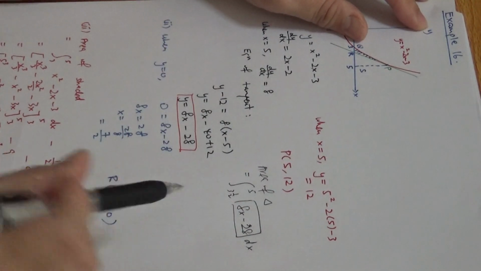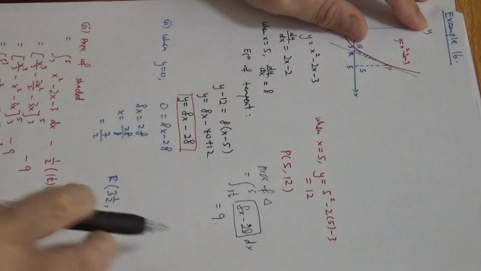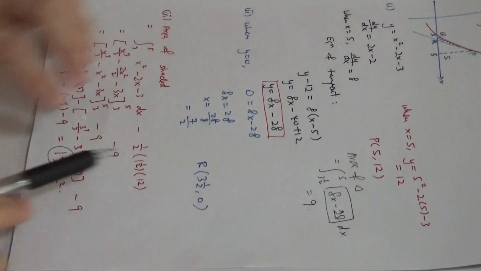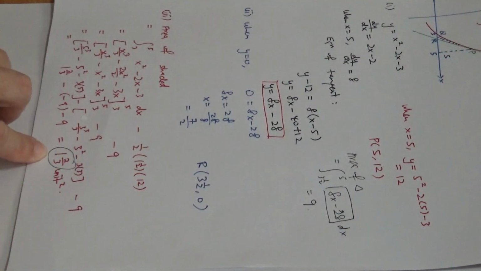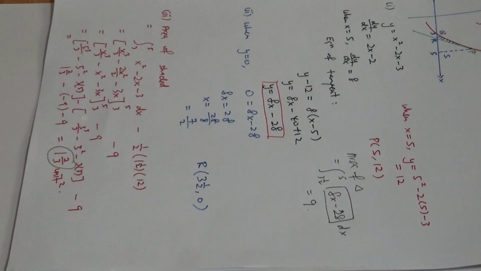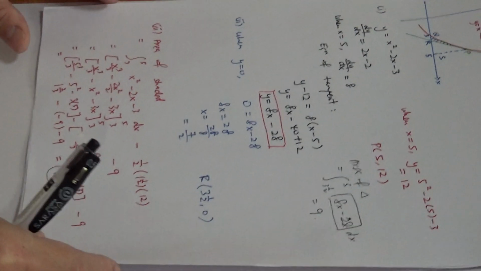So this one, you will also get a 9. Therefore, it will coincide with this and you will get the same answer. So it's up to you to find the area, whether you want to use the curve minus the triangle or the curve minus area under the line, because the triangle and the area under the line will be the same value. Okay, so this is the last example for section